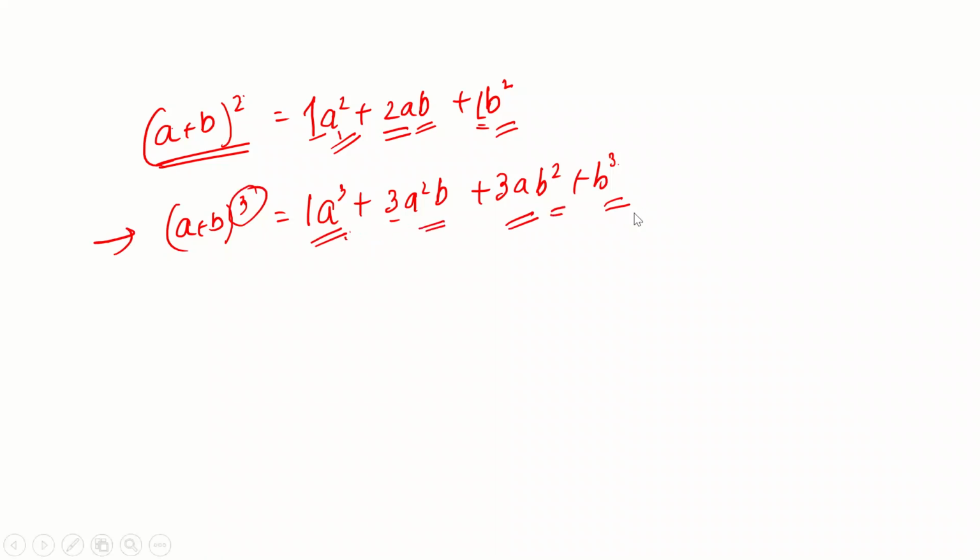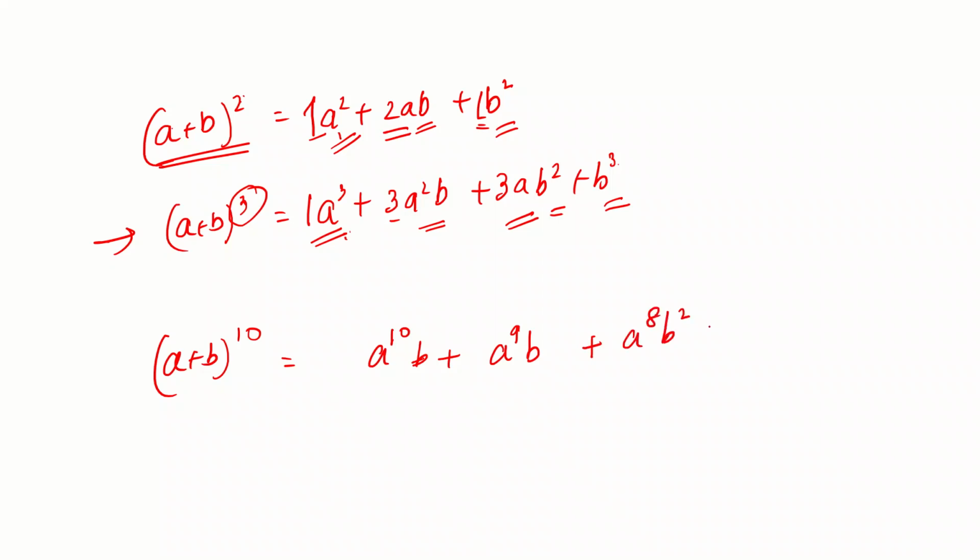So the first pattern that we observe is that first of all you will have to write down this. If I write down (a + b)^10, I'll be having something like a^10, then a's power will go on decreasing and b's power will go on increasing. Initially b's power was 0, so we don't have any b term, and then b is introduced, and then a's power will keep on decreasing and b's power will keep on increasing, and at the end there will be no a, and we'll be left with b to the power of 10.